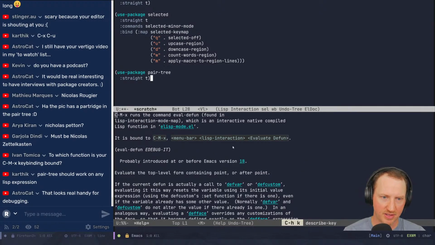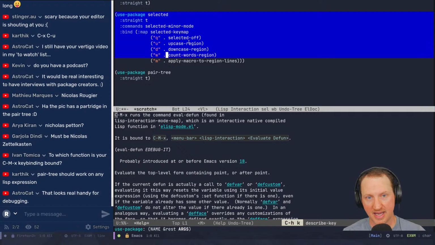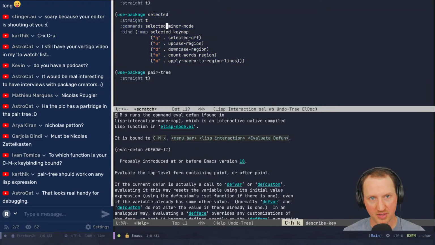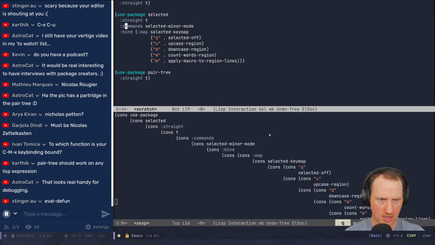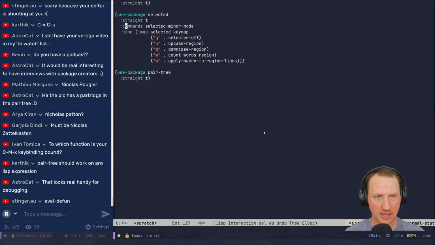What that does is if you put your cursor anywhere inside of a top-level expression in the file, like this is not a nested expression, this is a top-level expression because it has no parentheses in front of it, basically. Put your cursor anywhere inside of it and press Control-Alt-X, it will evaluate that whole thing, which is really useful if you have blocks of configuration or a function definition that is contained in one big S expression. You can press that to evaluate the whole thing.